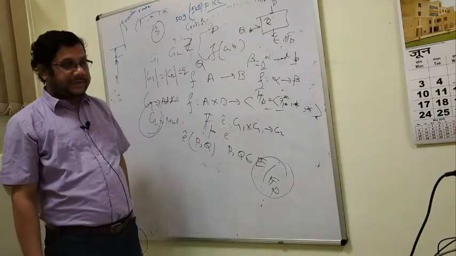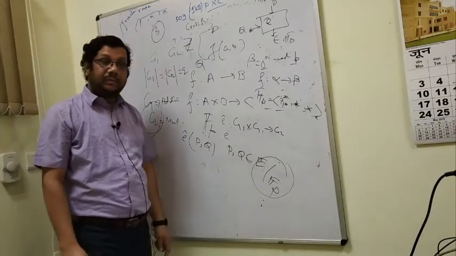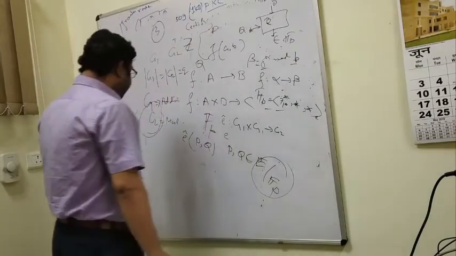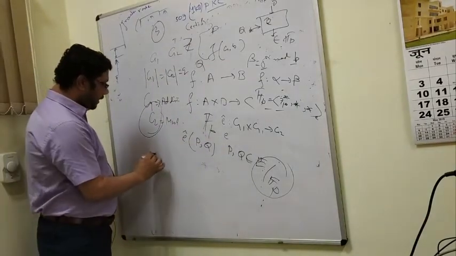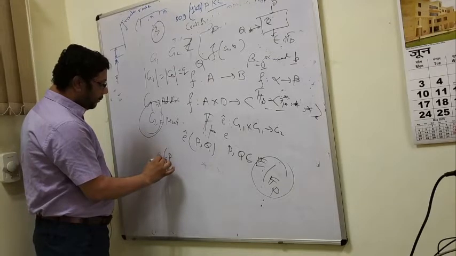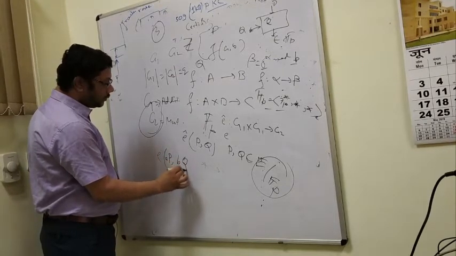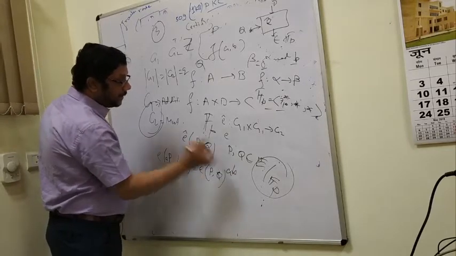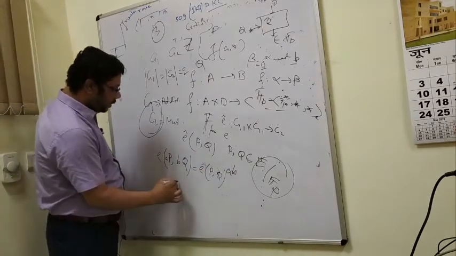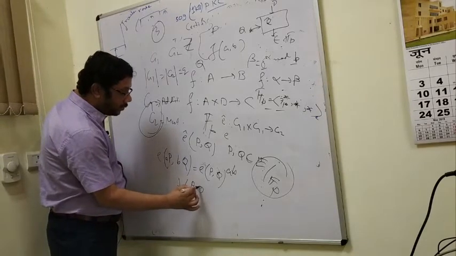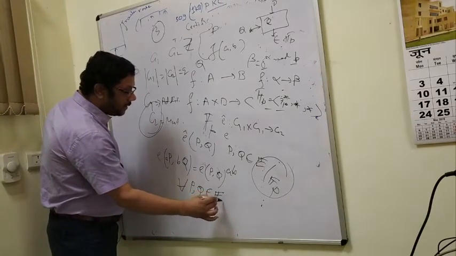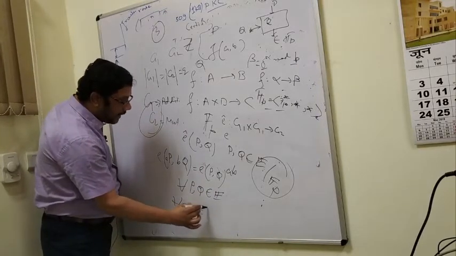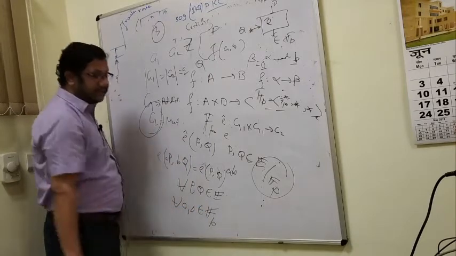The first property is bilinearity, which is the most important property. Bilinearity. The property is saying E of AP comma BQ is E of P comma Q to the power AB, for all P and Q that are points on this elliptic curve, and for all A and B that are elements of that finite field Fp.